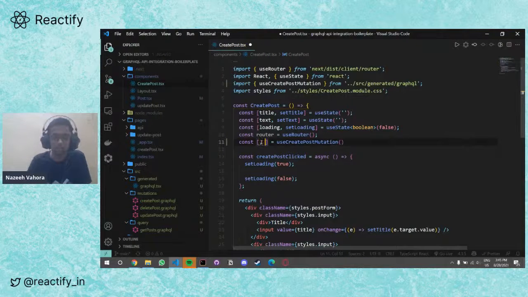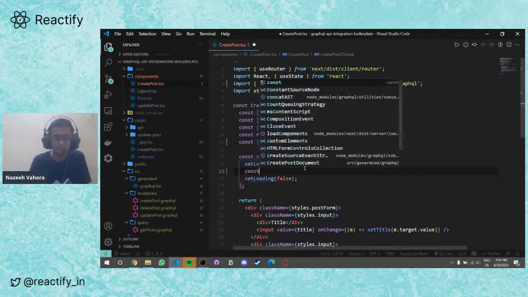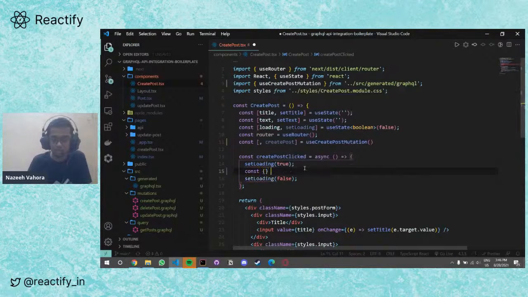Now the mutation serves as a tuple, but we don't have an interest in the first. So let's use the second one, create post. Let's say here in the on click listener, add create post.